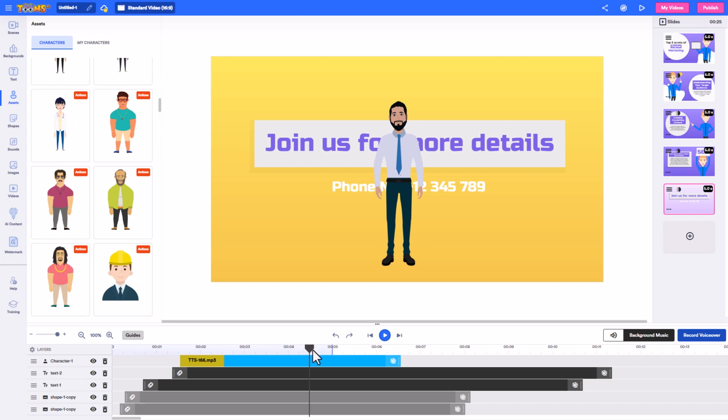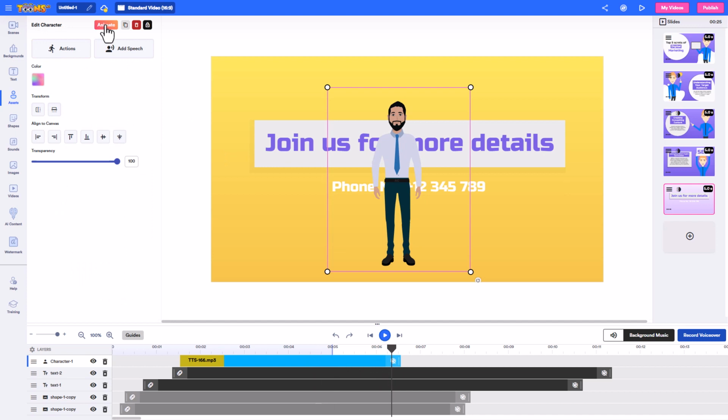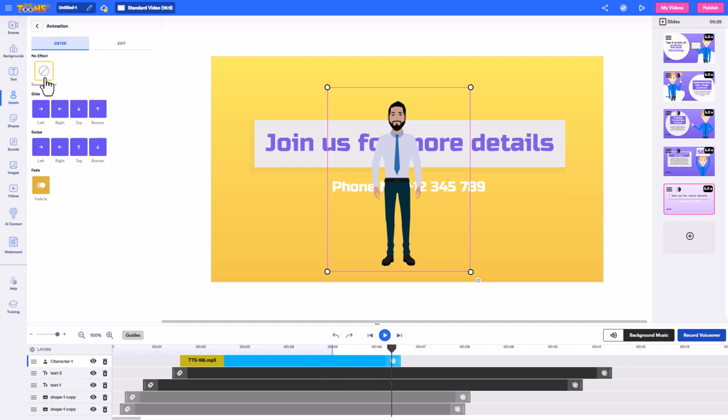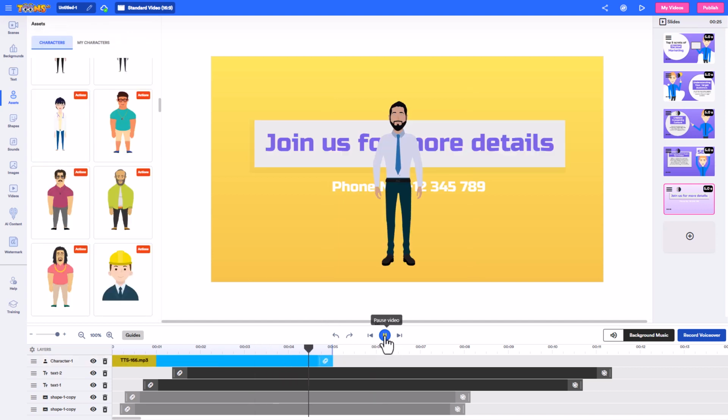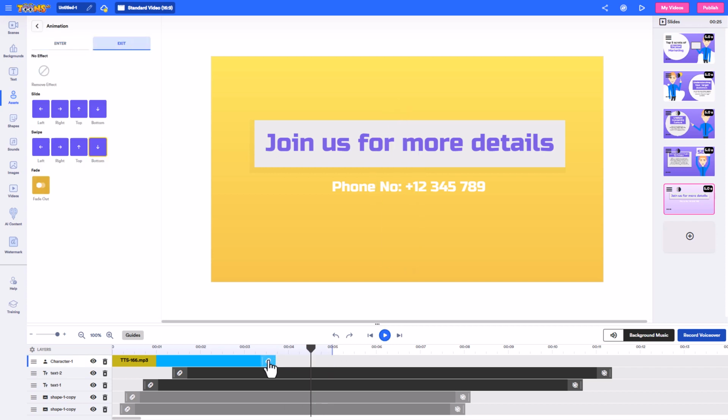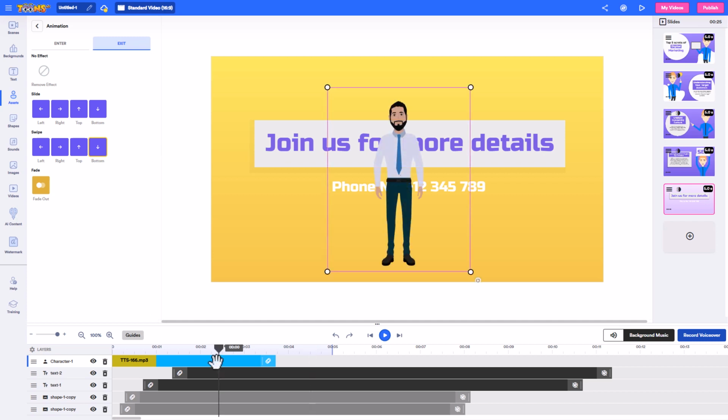In terms of characters adding and leaving, if I go to this animate, I can set the entering animation and I can set the exit animation. So he's going to come up from the bottom to enter, and he's going to leave from the bottom. So let's just have a look at that. That's really unfortunate that it always goes to fade, even though I picked bottom. I think each character can only have one action from all I can see, and one text.